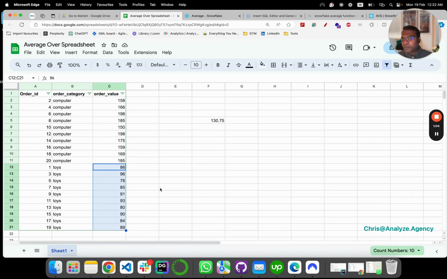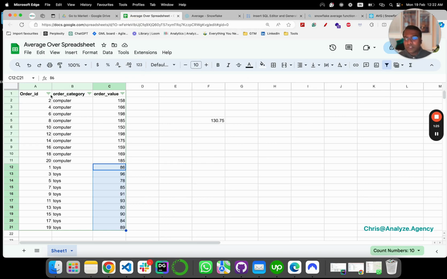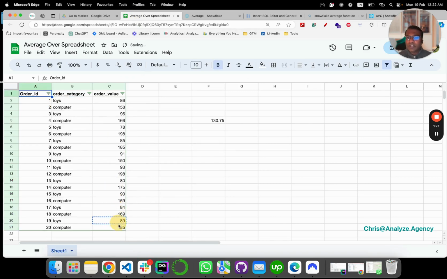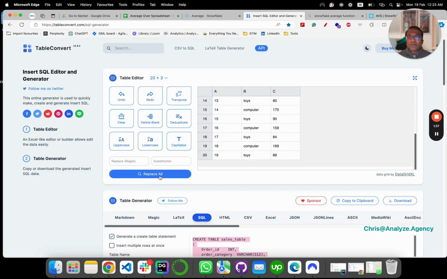Now imagine if you have thousands of rows and hundreds of order categories. It's not that simple to do it with a spreadsheet, and that's where Snowflake comes into play. Okay, so this is just the average side of it. We'll come back to the window function later. Okay, so what we'll do is we'll sort it. We'll copy everything here, and then we'll go here, and then